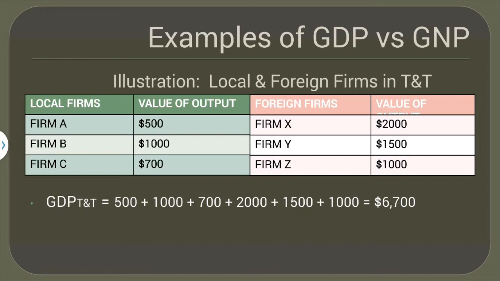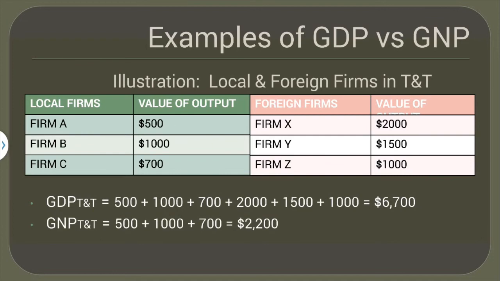It doesn't matter if foreign firms are operating, as long as they're operating physically in Trinidad and Tobago. If we want to account for GNP, what we're going to look at would be the output produced by the nationals of the country. Now, what we have here is the information for local firms operating in TNT, foreign firms operating in TNT, but we have no extra information about any nationals operating on foreign soil in this particular example. So the GNP for TNT will be 500 plus 1,000 plus